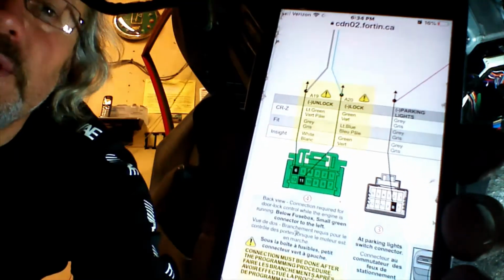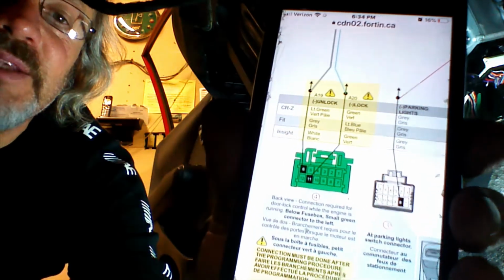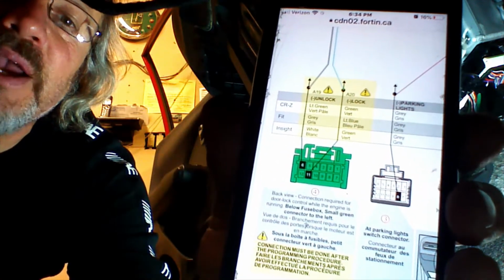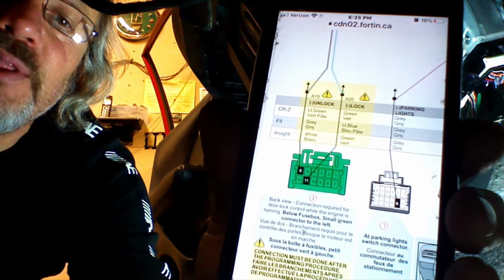So you're going to have a job schematic or a plan, an installation plan, and you're going to have a picture that looks like this. This is looking at this green plug from the back. So we're doing the fit, so we need the gray wire and the light blue wire. I'm going to show you where they are, and if you want to test them, which isn't a bad thing,